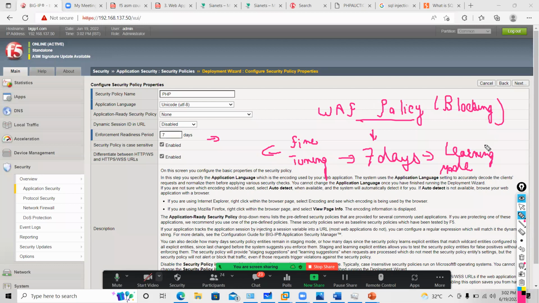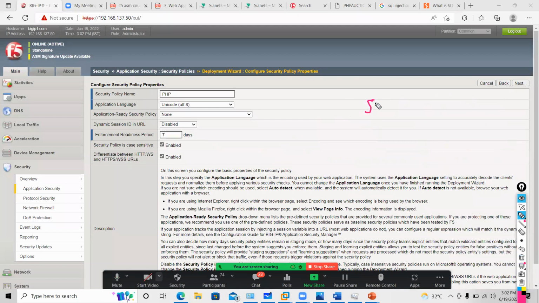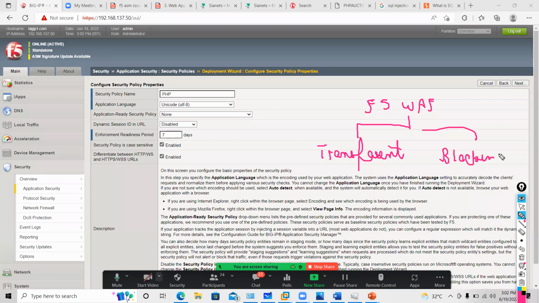In that case, guys, F5 works in two modes. When I talk about F5 WAF, it works in transparent mode, and the second is blocking mode. Transparent mode means it will allow everything, but it will give you a violation alert.